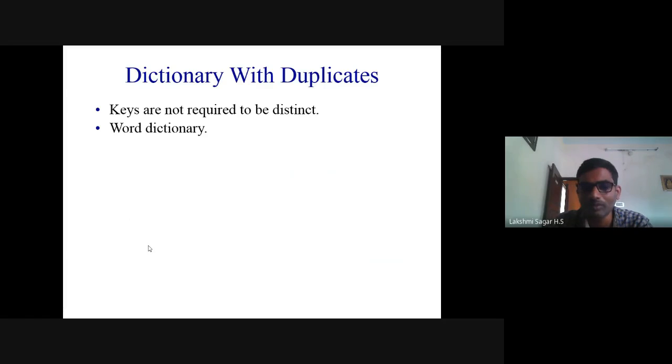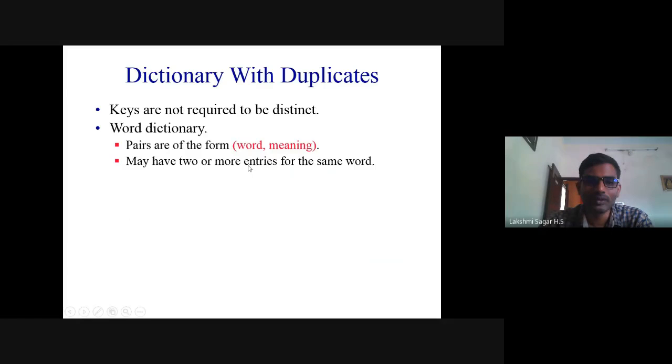In the word dictionary, pairs are of the form where the word acts as the key, and the meaning or definition of that word acts as the element or value. Here it may have two or more entries. For the same word it may have two or more definitions or meanings.